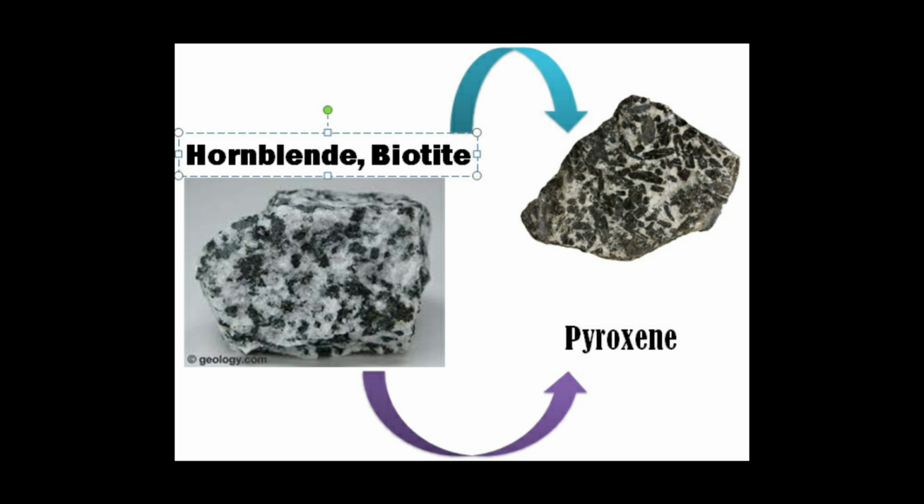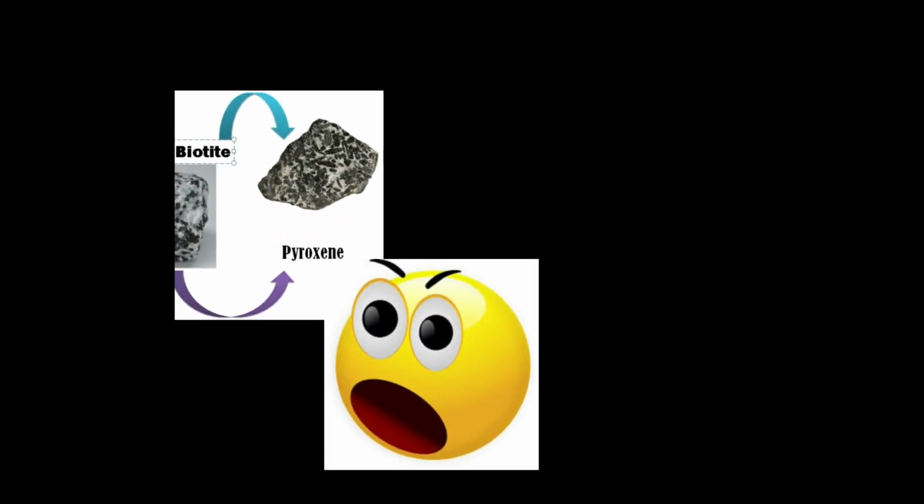Now if you think deeply, one more question will arise in your mind. We are differentiating diorite and gabbro mainly on the basis of their mafic mineral composition, but how can we differentiate a pyroxene bearing diorite from hornblende bearing gabbro? Or let me put it this way, diorite contains hornblende and biotite and gabbro contains pyroxene, and on the basis of that we are differentiating gabbro and diorite. But if pyroxene will be present in diorite and hornblende will be present in gabbro, then how can we differentiate both of them? Now that's a good question.